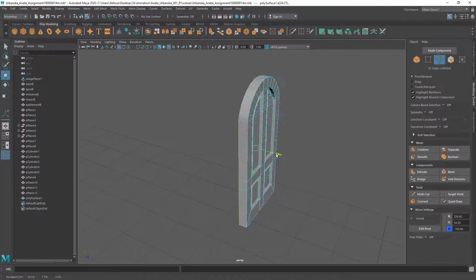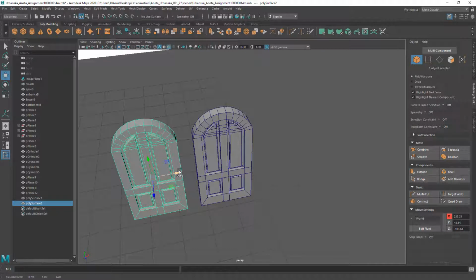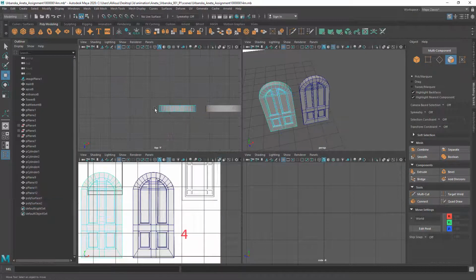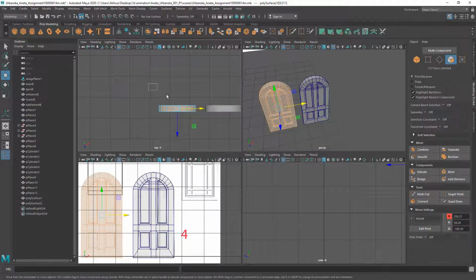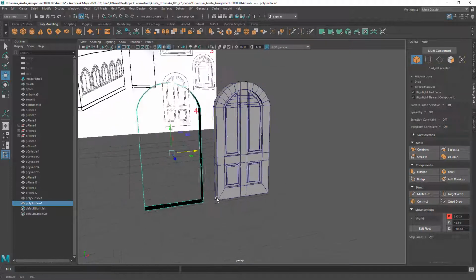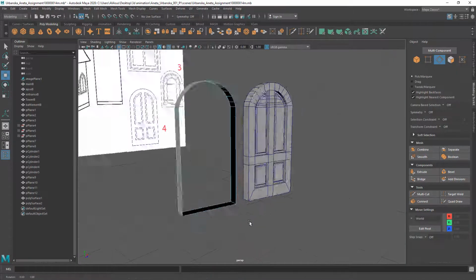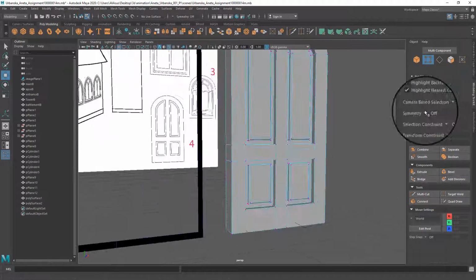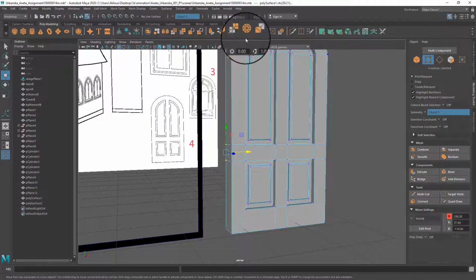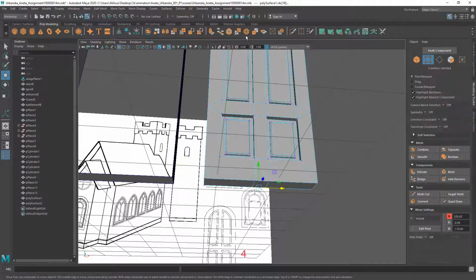Next, extend the side view of the door and then duplicate the door mesh. Switch to top view, select all polygons and then unselect the door side view. Delete the front view. Remove extra edges and reduce the poly count by selecting and merging verticals to the center. We'll use this part to boolean the door opening later.